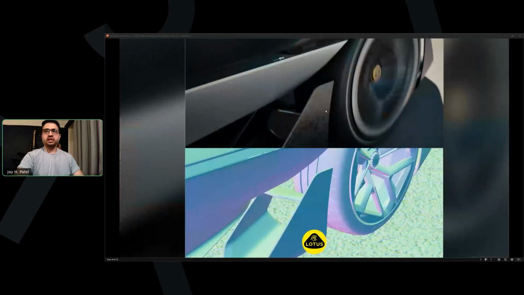This is the second one of the other shots from the film, and I basically cranked up the motion blur in sequencer. I think the default value in Unreal is 0.5, but for this I changed it to 0.9 just to give me this sense of speed when the car's moving.